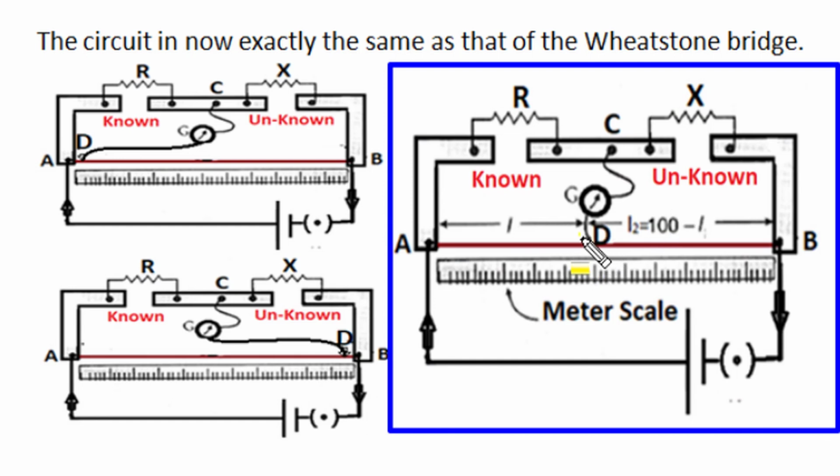This sliding jockey contact on the wire length produces two resistances, one of length L, which becomes one ratio resistance of our Wheatstone bridge, P, and the remaining length resistance becomes another ratio resistance, Q. We have known resistance R and unknown resistance X forming the bridge, with the middle section being the galvanometer section. And when this bridge circuit is balanced, a voltage excitation will produce identical potential at junction C and D,